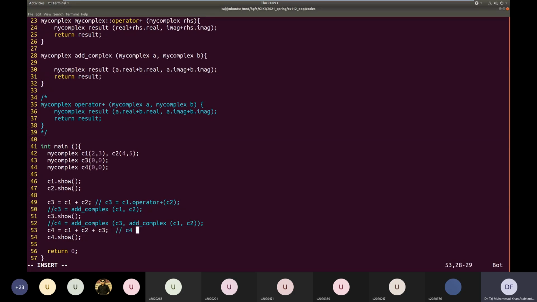C4 is equal to C1 dot operator plus, and inside it will receive the result of C2 dot operator plus and C3.